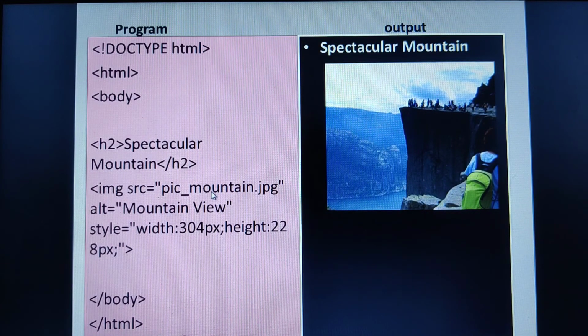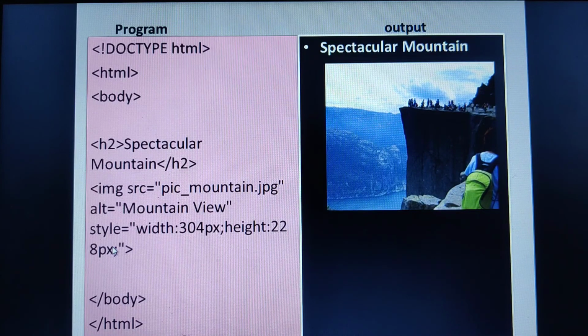This was there in a browser, I have taken it. So pic_mountain is my path where the image exists, followed by the file extension of that particular image, .jpg, and then close the double quotes, and then alt. Suppose this image is not displayed, and then I want to display text content in its place, that it is a mountain view.